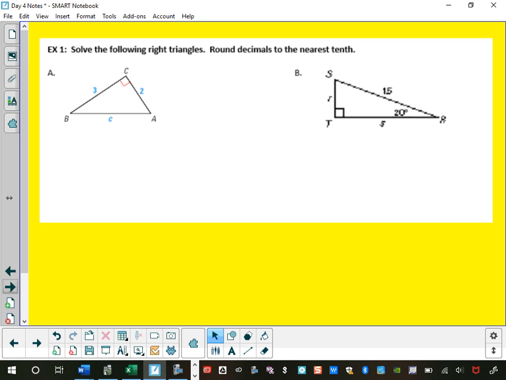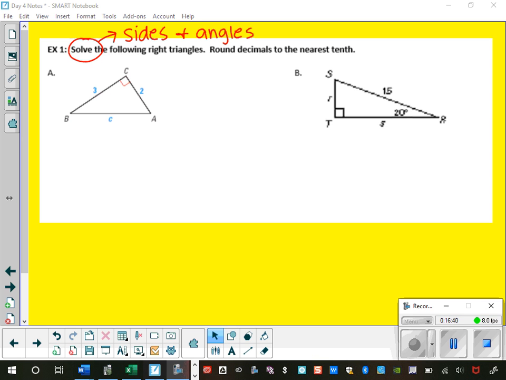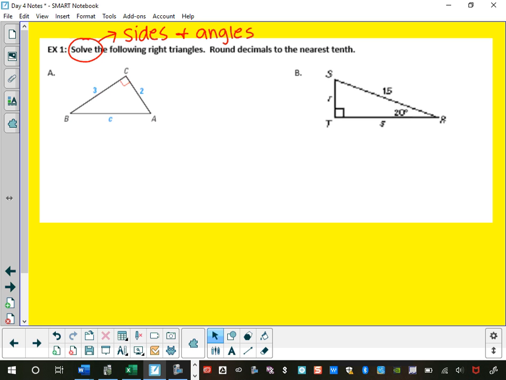All right, so example 1 says solve the following right triangles, round decimals to the nearest tenth. All right, guys, this word here, when it says to solve, that means sides and angles. On your test, I have modified it to where I'm not just giving you a blank slab like this. Look at letter A. What they're expecting you to do is to put angle A equals, angle B equals,